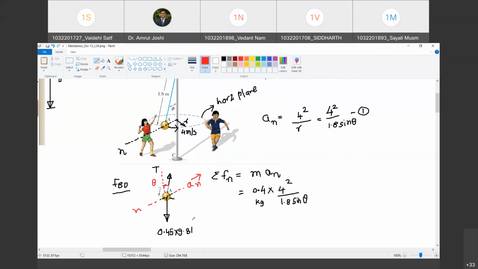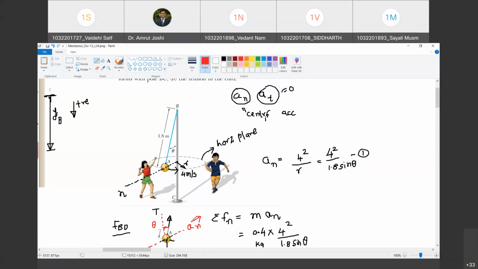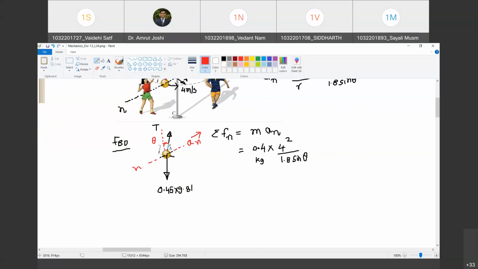Happy? Yes, sir. Have we shown the correct angle? Yes. What I have done is I have just shown a vertical line through this. Happy? And then this angle becomes, these are alternate angles. So if this is theta, this is also theta. Are you with me? Yes, sir. Okay. So I have shown this angle as theta.